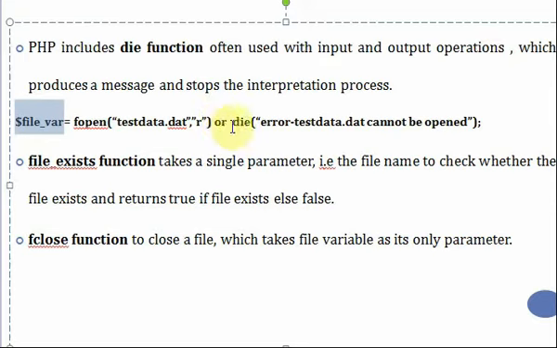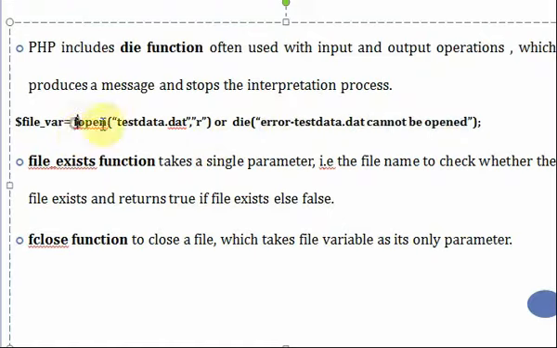That is one way, the false value. Or you can use another function called the die function. This die function is often used with input and output operations, and produces a message and stops the interpretation process. What is the meaning of this die function? We said that in case testdata.dat is not present, an error message should be displayed to you. To do that you can use the die function. How are you writing it?